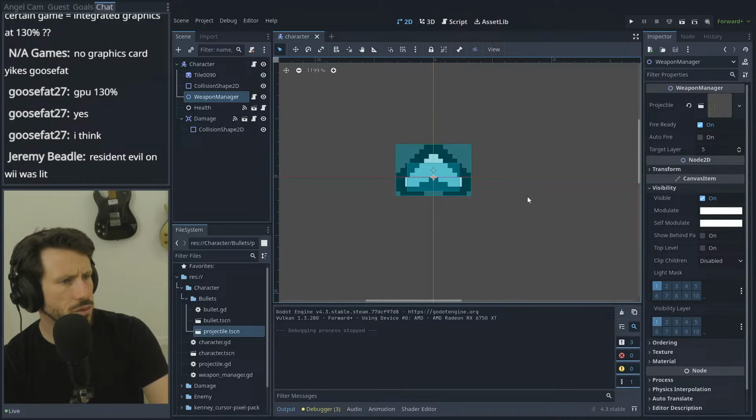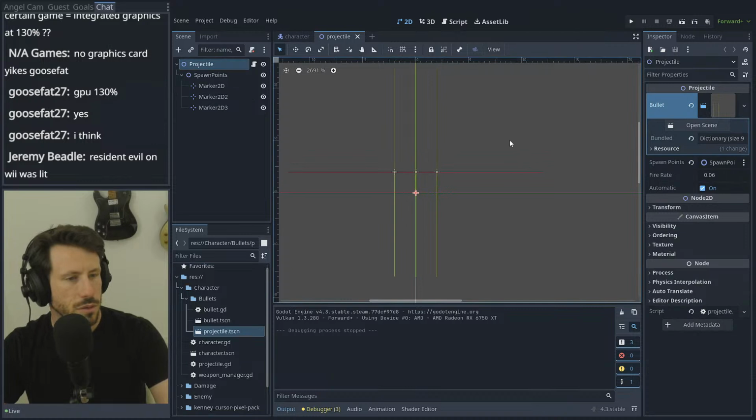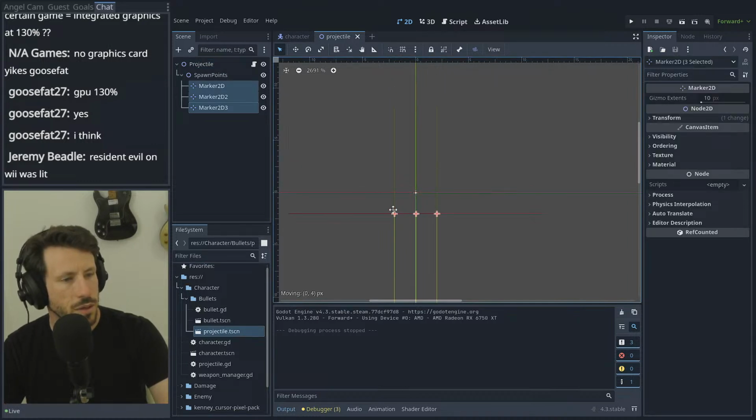Where am I with this? Oh, the directions of all the projectiles are wrong. These are on the wrong side. It works as intended though. And then the enemy projectile,